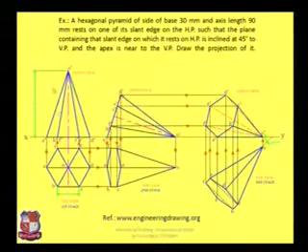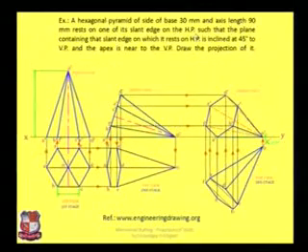So we have to tilt this triangle such that it is lying on HP. No angle is given, just that it is lying on HP. So here I have shown that it is lying on slant edge O dash D dash, like this. So this triangle is tilted and redrawn over here such that the line O dash A dash is aligned with the XY line. After redrawing, take projections as we did earlier. Draw horizontal lines from this top view, vertical lines from this front view, mark the points, join them with a straight line, and this is the second stage of the top view.